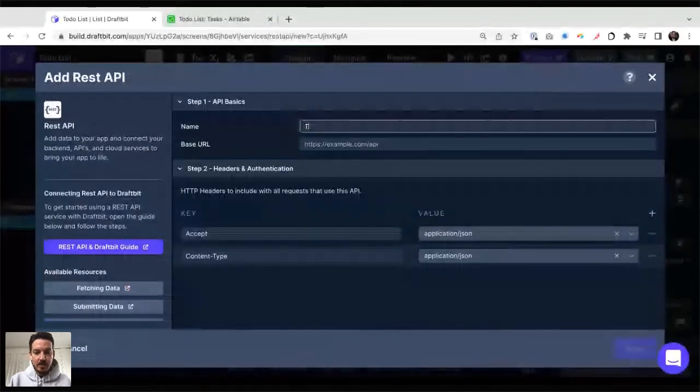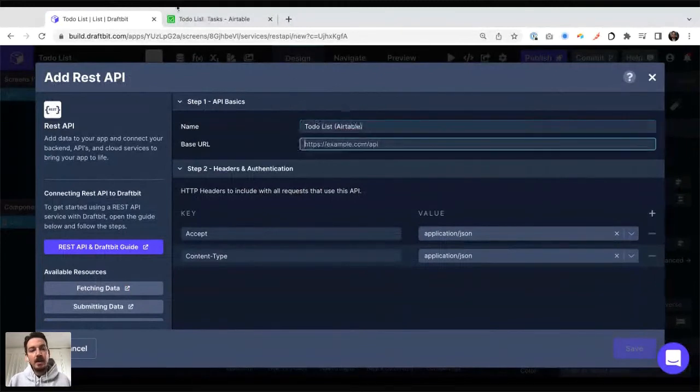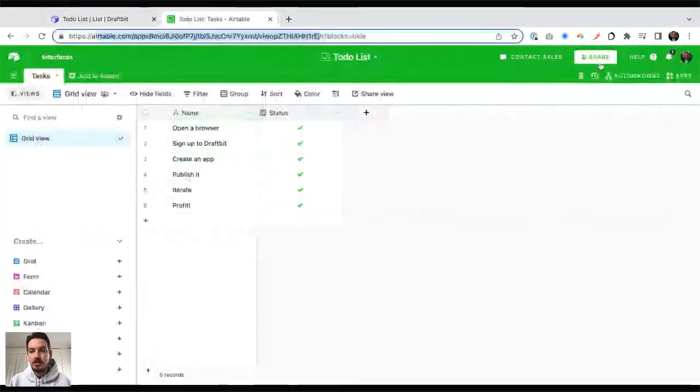So here it is. I'm going to use to-do list, and I'm going to give it a name. That I'm going to start. I'm configuring that bridge, that connection between the two right now. So I've got to give it a name so I can use it later on. And I've got to give it a URL. So what URL am I going to give it? It's not the URL that you see here. It's a little more subtle than that.